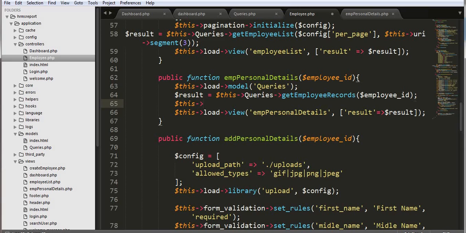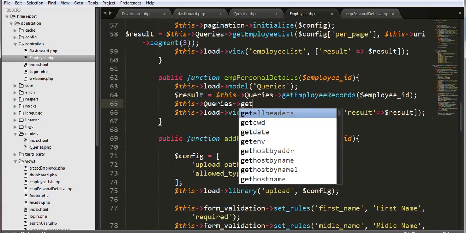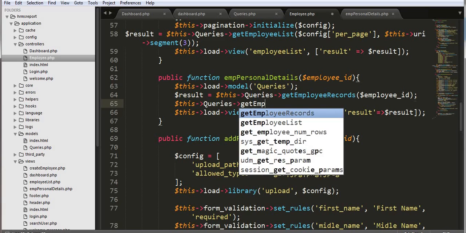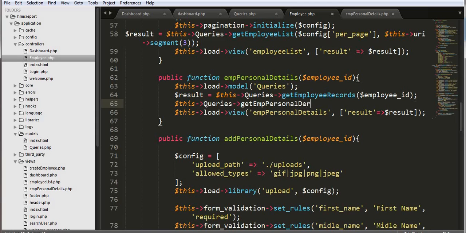This queries get emp personal details. Here I need to pass this ID, copy this and paste, and now I need to create this function. I'll just copy this